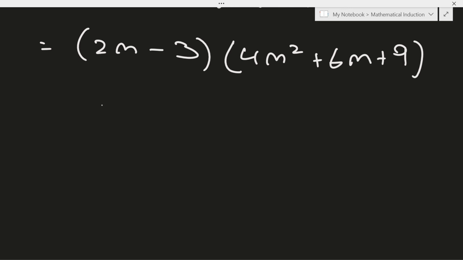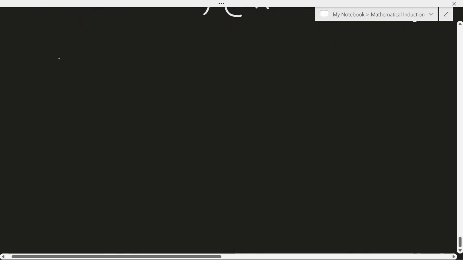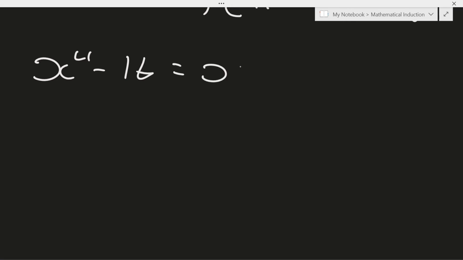Okay, now before we get to that, I just want you to understand the difference of two squares properly. This is the same thing as saying x to the 4 minus 2 to the 4. Now, what you need to understand is that you can only use difference of two squares when there's a negative sign, like x minus. You cannot use it for positive. If you try it with positive, it will not work. Please do not do that. This will be equal to